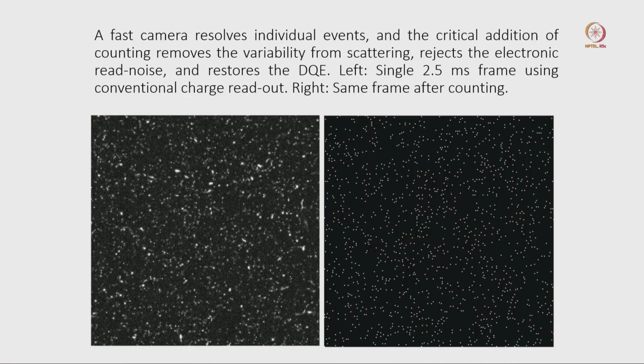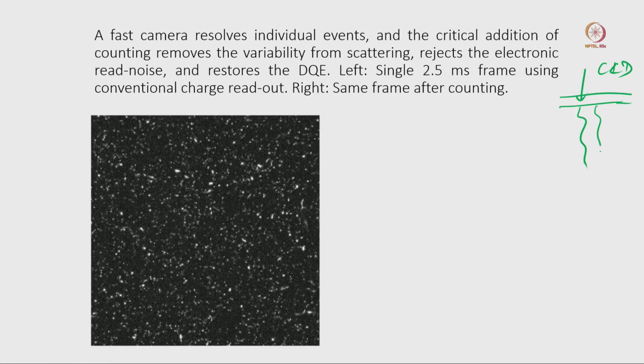So, we already discussed the readout, and we already discussed how this affects the scintillator. If this is a scintillator, as I mentioned for the CCD camera, an electron hits and then travels through the fiber optics, and some of these electrons will travel in a different direction. If they hit, they will again generate some signal. So, here you can see this is collected from a CCD camera. In the CCD camera you can see some of these spots are very bright, some are very light.